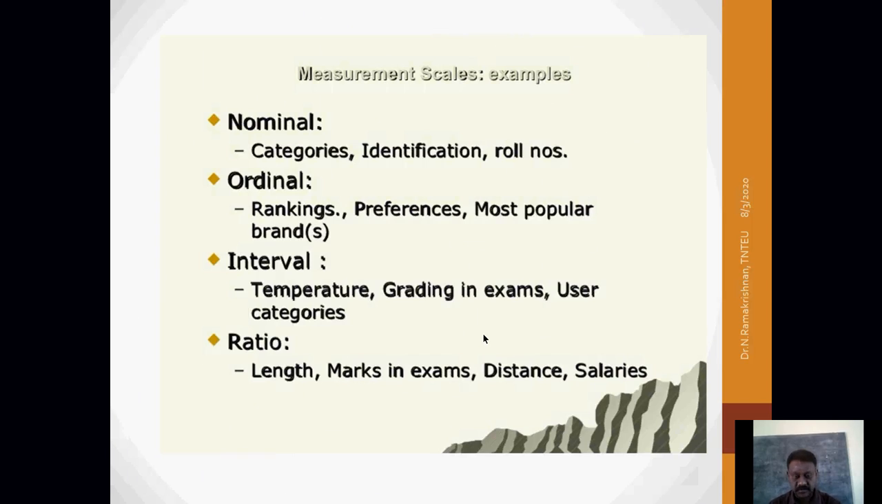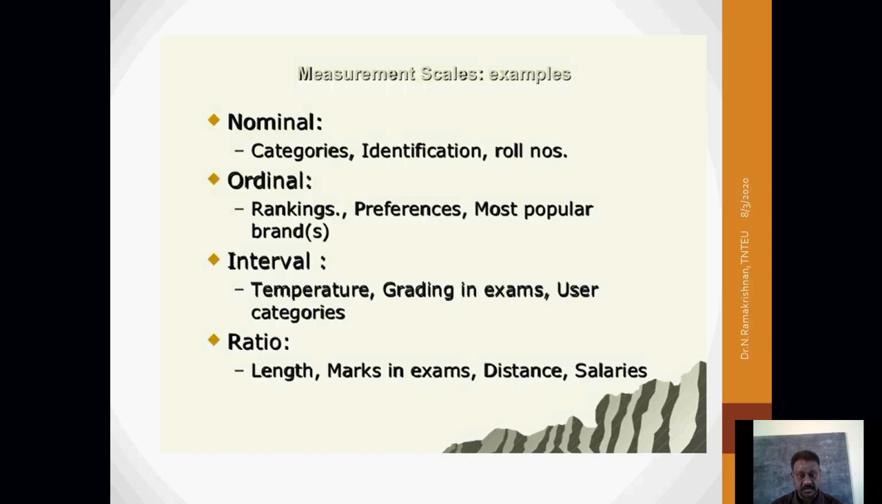Now let us see nominal scale. Nominal, ordinal, interval, ratio. These are the 4 measurement scales. Nominal scale is nothing but categorizing. Suppose in a fruit shop, people are categorizing apples, oranges, or some other fruits like that. That is categorizing fruits in a different way. That is nominal scale. Identification, giving roll numbers, and you could have seen in markets, they will be segregating